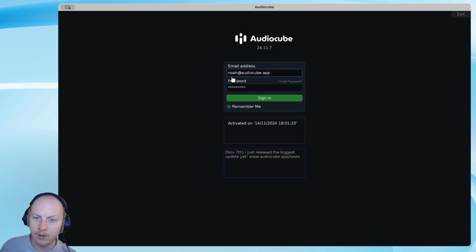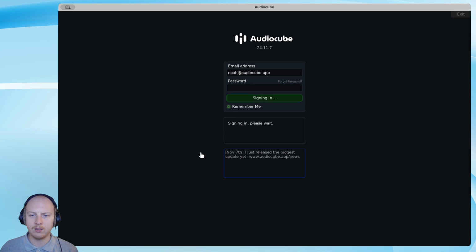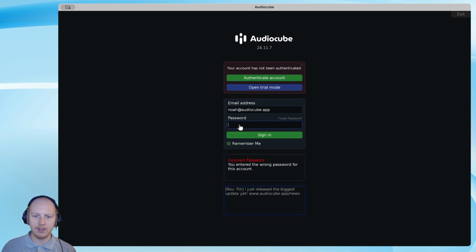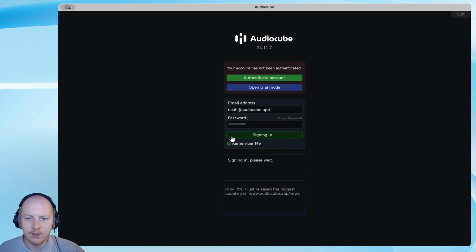If you don't have a paid account, just enter your email address and leave the password blank. This is just for activating your account if you have a pro license. If you're a free user, try to sign in and you'll see a trial button, and just click that. But obviously I have an account, so you'll just sign in,